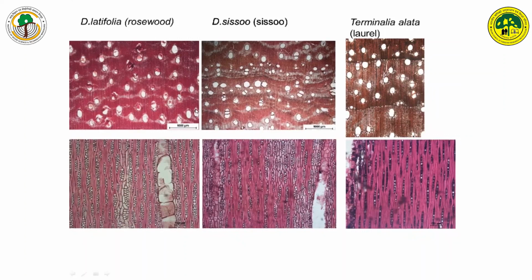When we compare the woods of these three species, especially in the tangential section, the rays of latifolia and sisu have a similar structure. Only a slight variation is in their ray size, but both of them possess ripple marks. That means the storied structure of the rays will be there. Whereas in case of Terminalia alata, the laurel, there is no storied structure. There are only uniseriate rays. Whereas in the latifolia and sisu,